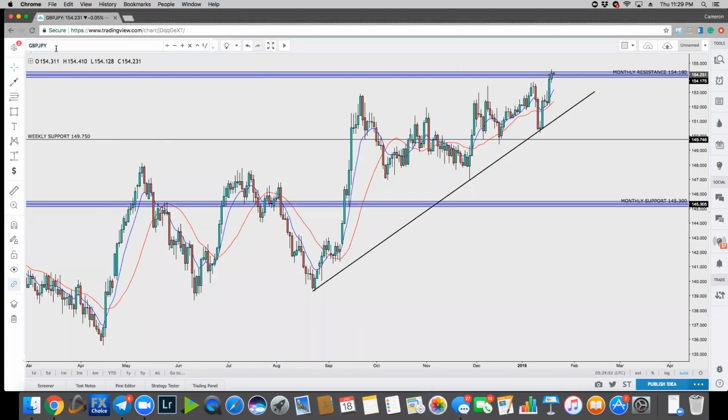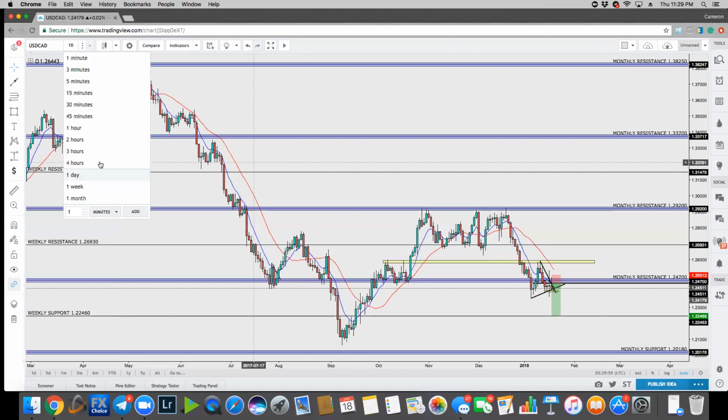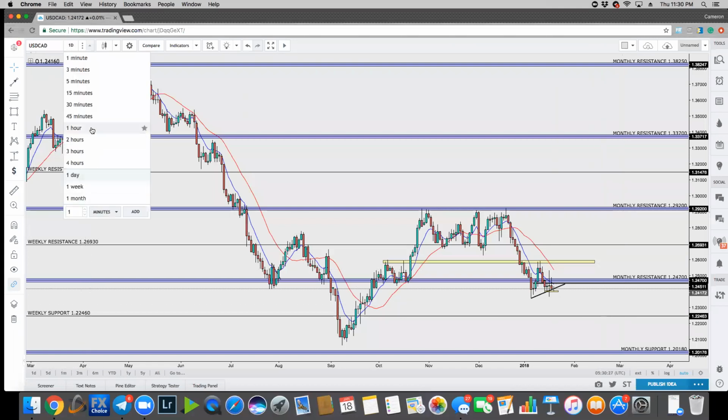So let's look at something else. Let's look at USD CAD, because I've been watching this thing for way too long now. On the daily chart, let me get rid of all this real quick. Okay, I'm actually going to leave that stuff. On the daily chart, obviously you can see we have monthly, which we've broken to the downside, which is now monthly resistance, was monthly support, monthly resistance at the 1.247 area. So we are underneath monthly resistance. That's number one. Okay, so when we go down to the 4-hour chart,